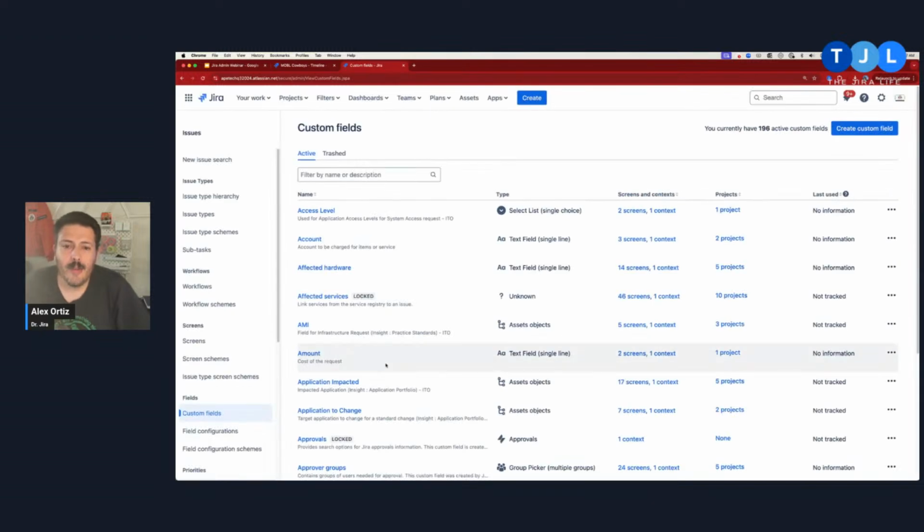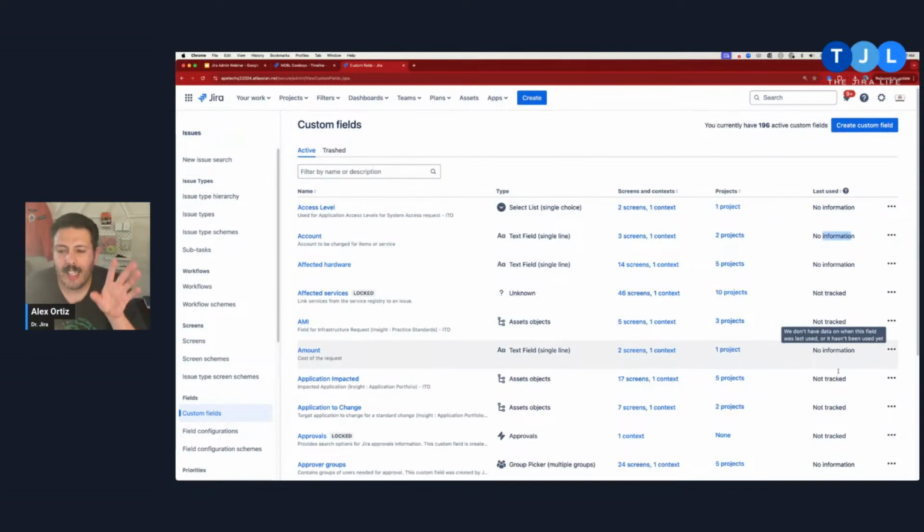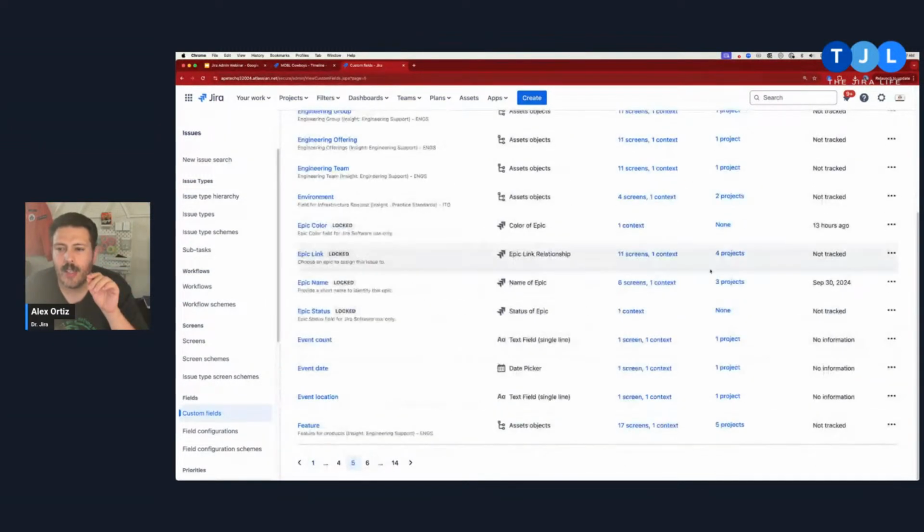And another huge pro tip that I can give you: if you ever rename a field, listen to me very carefully. If you're multitasking, this is the part where you're going to want to stop multitasking. Give me the next 30 seconds of your attention. If you ever rename a field, you're in hot water, okay? Renaming a field, especially after it's being used. Like all these fields that have no information, they've never been used, none of this applies. Nobody cares. But if you have a field that has been used today, yesterday, 15 minutes ago, 1 minute ago, 13 hours ago,